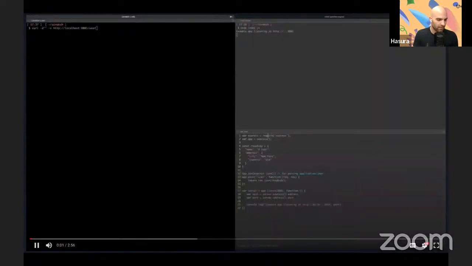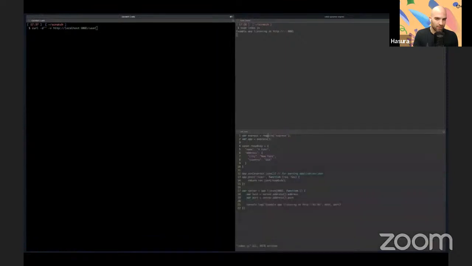Hi, my name's David. I'm a backend developer at Hasura. Today I'm going to be talking about a new feature, which is nested output objects in actions. So to describe this new feature, I'm going to use a small example here.